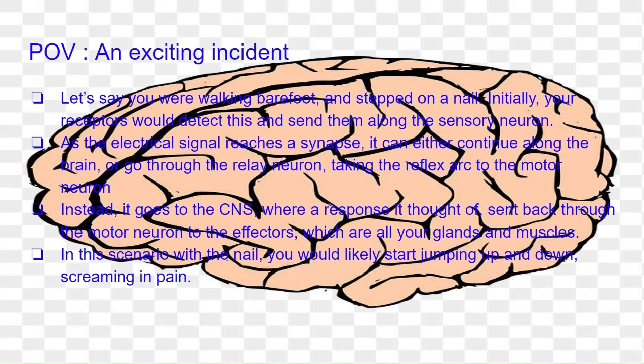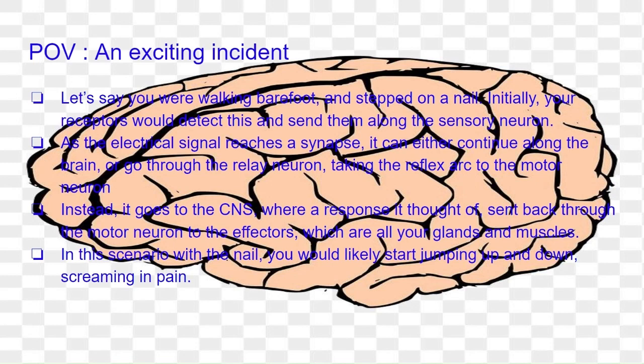Now it can take the relay neuron, which is part of the reflex arc, in a response without your central nervous system, or it can continue along the sensory neuron. In this case, we'll say it goes along the sensory neuron, when in reality it would go to the relay neuron because it's a reflex. But in this case, yes, it would go along the sensory neuron to the central nervous system, where a response